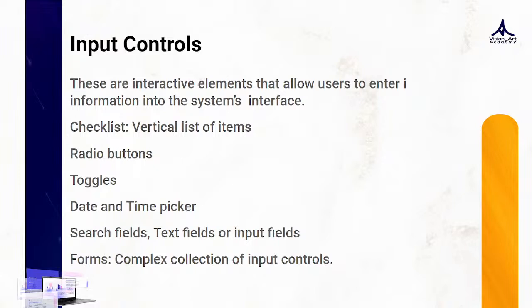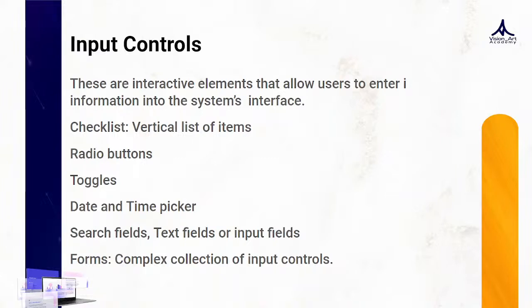That box is a checklist. It's called a checklist. Okay, so we also have toggles. Yeah, we also have radio buttons. Radio buttons are where you are given a particular form to fill, and you are given different kinds of options. So you click on a particular one to choose it. That's a radio button.